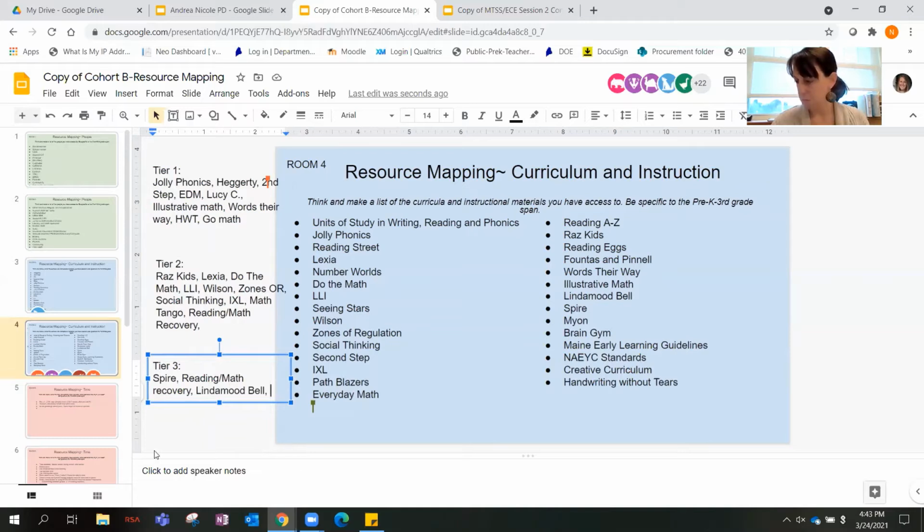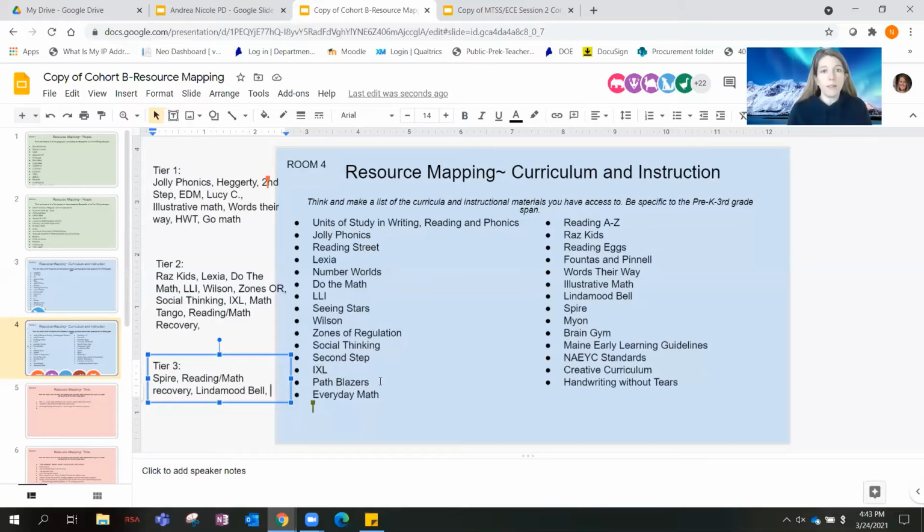Now, some of the things I heard come up during this little sort was that somebody would say, well, this is tier 2, and then someone else say, no, that's tier 3, or that we use that in tier 1, right? And that's okay. There's going to be times when these things are going to flux, and they're going to be sort of on a continuum and can be used in multiple settings. Because that's the beauty of curriculum and curriculum mapping, is being able to look at each of these curriculums and actually asking yourself, do I have to wait until a child needs intensive